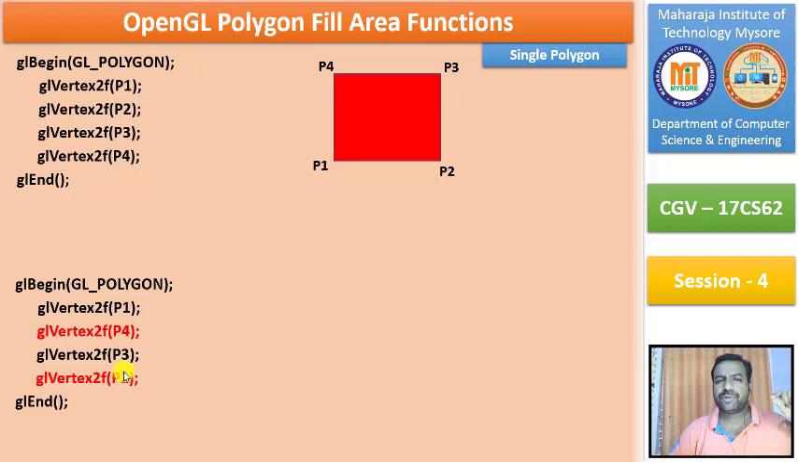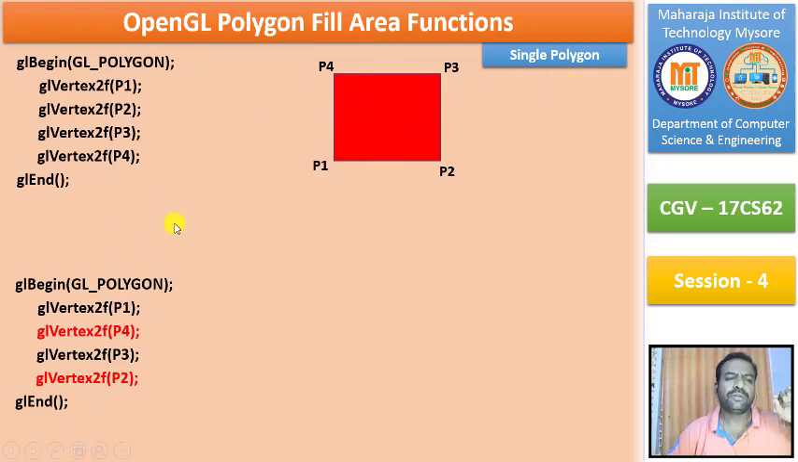Fine. Now just observe here. So at this point you know how to draw a polygon, and I have just replaced the type with GL polygon. Now when I execute this with the 4 points, P1, P2, P3, P4, I have got a polygon with a solid interior with the color red,